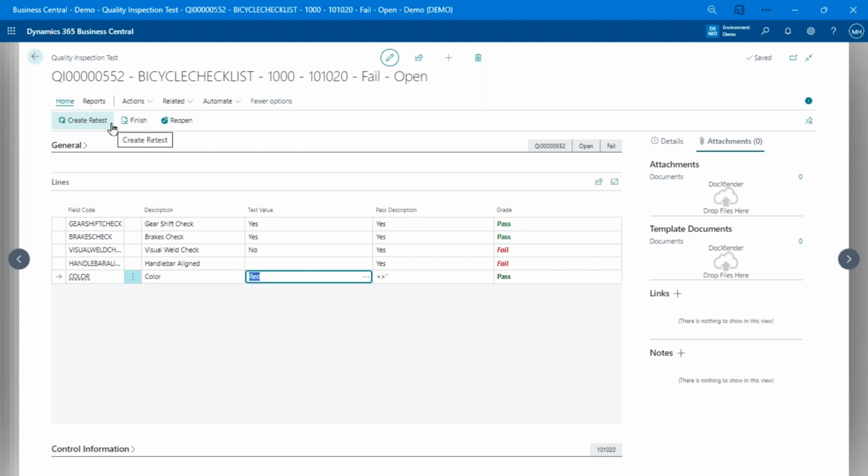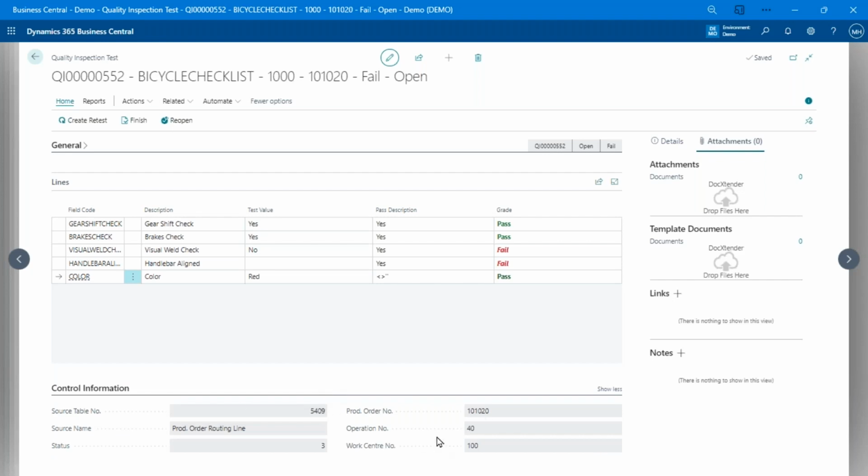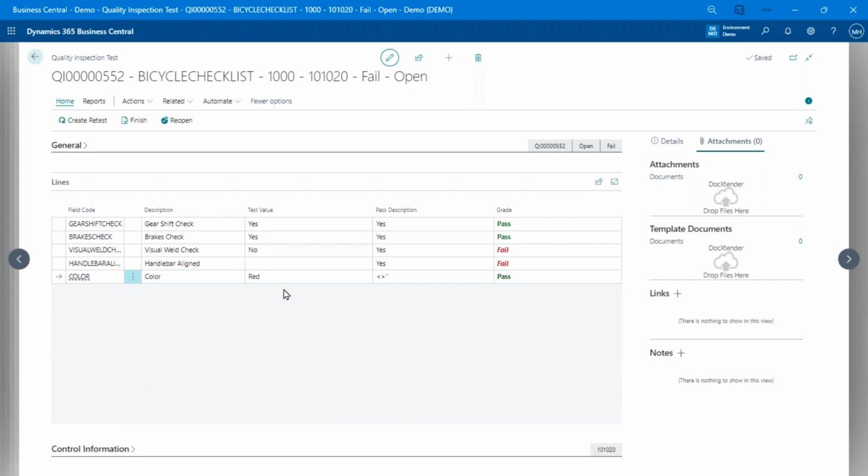And at that point, I can create a retest on this. So we've got the original failure, but I can come in and create a retest. So it's the same test, same document, right? This one is tied to a production order. So same document, everything, same serial number, but it creates a retest to give me an audit trail of the number of different times I've done that inspection. Maybe I did some rework. Instead of creating a new test, I just do a retest, and I can see, yes, that rework fixed the issues that we were having, okay?